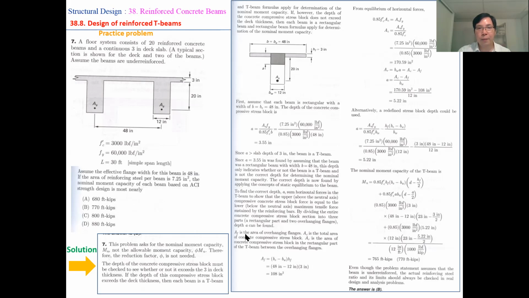You know that A_F is the area of the overhanging flange. A_C is the total area of the concrete compressive stress block. A_R is the area of the concrete compressive stress block in the rectangular part of the T-beam between the overhanging flanges. A_F is calculated by this equation, b_E minus b_W,